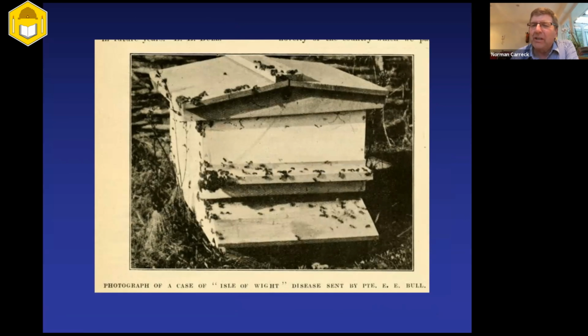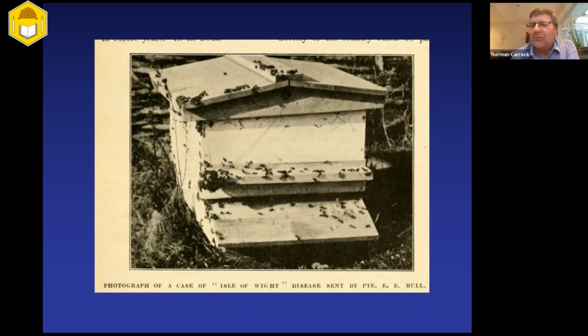But it wasn't really until the 1960s when Leslie Bailey at Rothamsted, with the benefit of modern techniques such as electron microscopes and serological techniques, was able to firstly isolate this chronic paralysis virus, study its characteristics, and conclude that actually this was the cause of the Isle of Wight disease many years ago. Since that time,